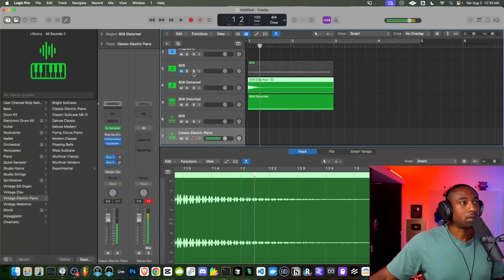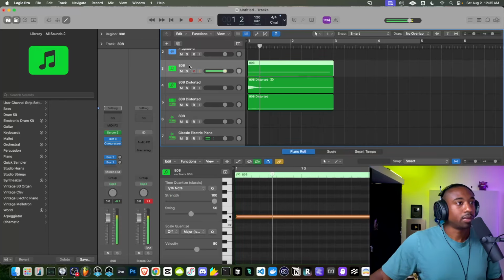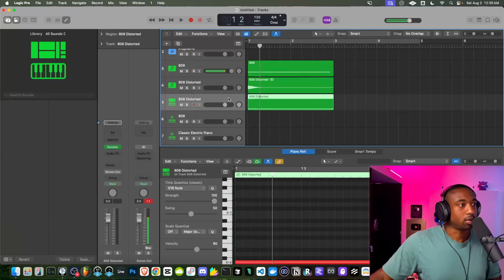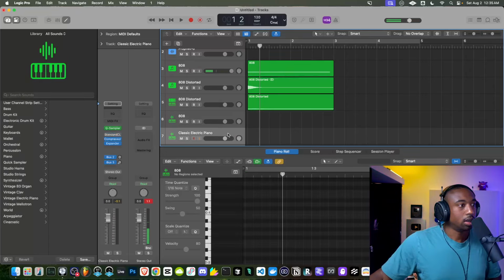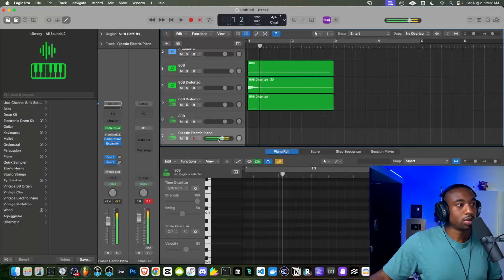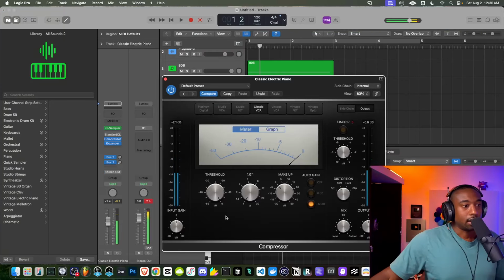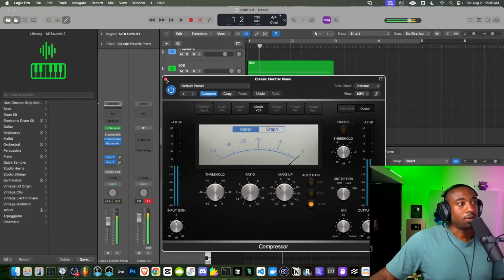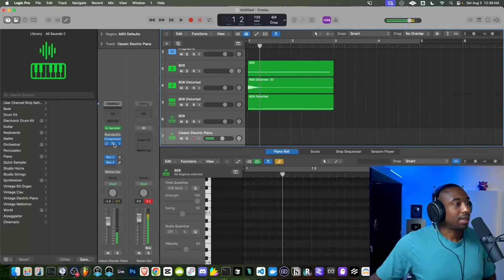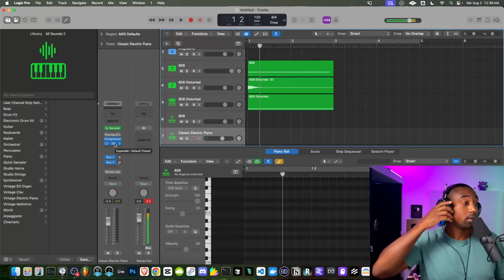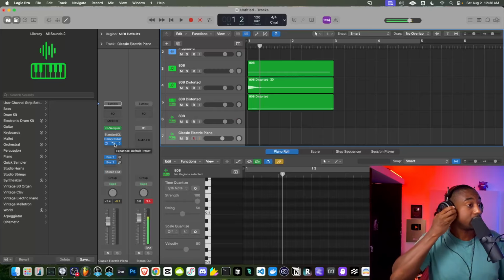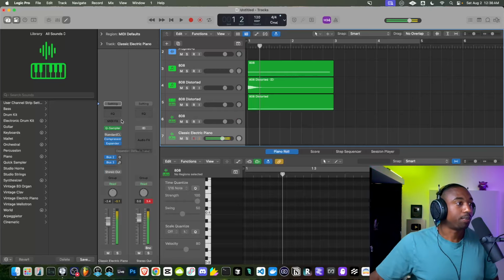So where do we start? Let's see where we started with our 808. Here's where we started. And here's where we are now. A little too compressed, okay. And not because of the compressor, it's just a little too flat. So another mistake that we make is we make our sounds too linear. So this is where, again, like I said, we would just go in and start shaping the transient.